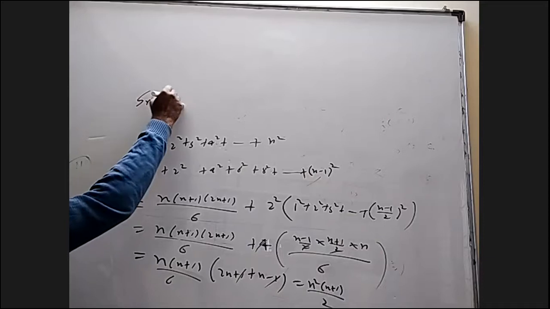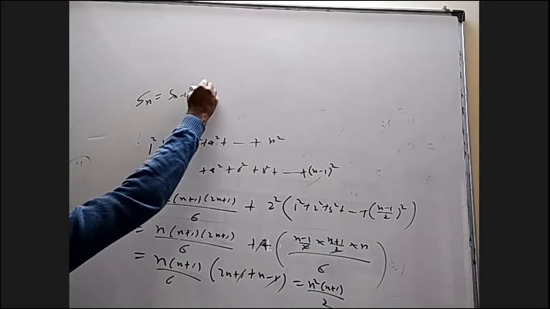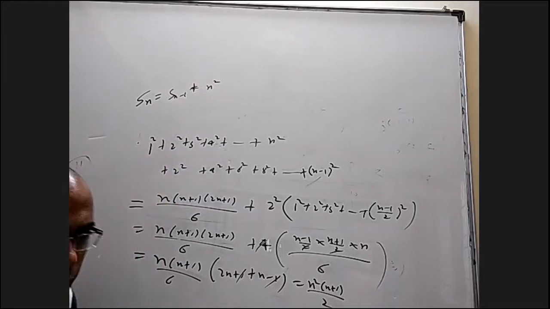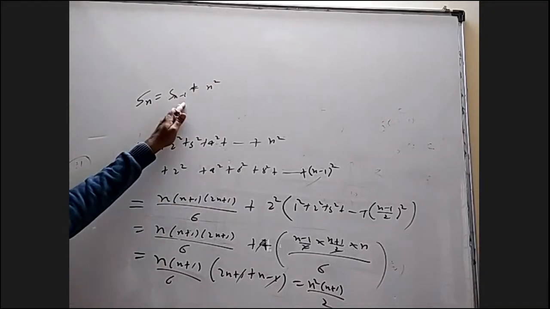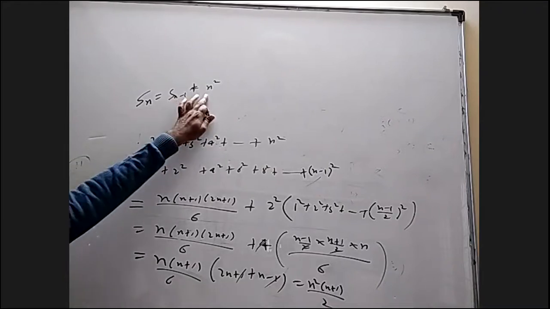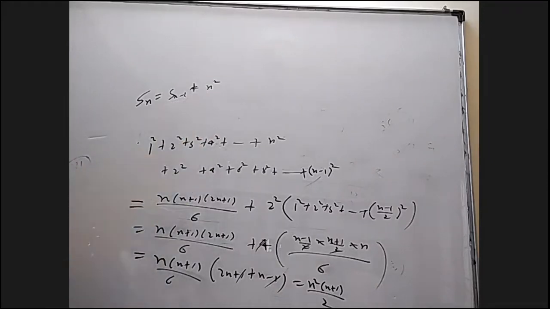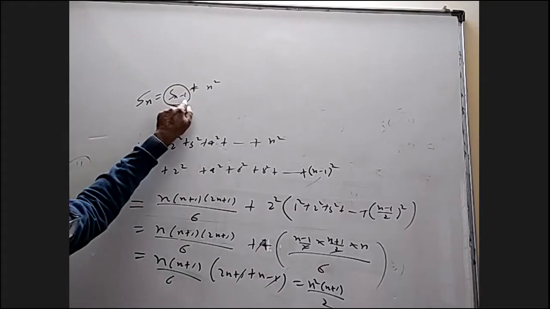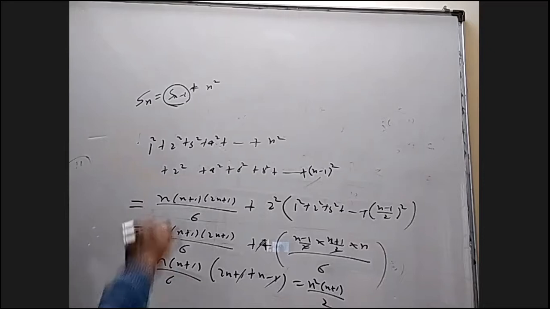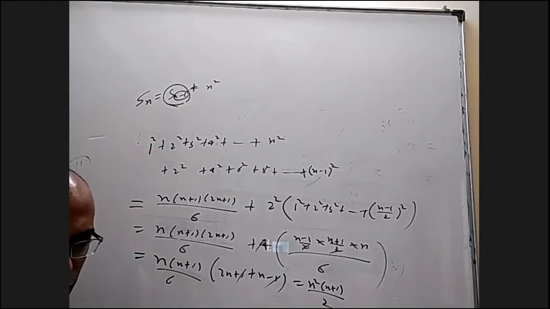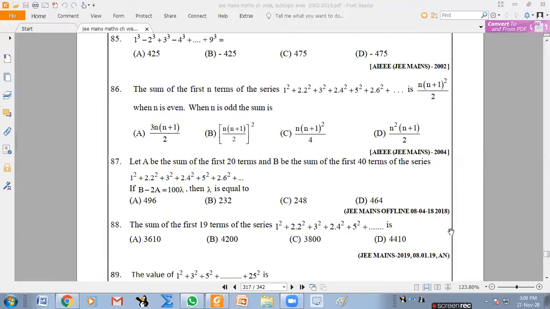Can I write Sn as Sn minus 1 plus n square? Is this correct? Yes, sir. Up to n minus 1 terms plus the last, the nth term. What is the nth term? Is it n square or 2n square? Somebody may ask. If it is even, 2n square. If it is odd, only n square. But for Sn minus 1, I can use the given formula, because when n is odd, what is n minus 1? Even. When it is even, they already gave a formula, so let us use it. The formula was n into n plus 1 whole square by 2, but wherever n is there, I write n minus 1. So it will be n minus 1 into n square by 2 plus 1 n square.